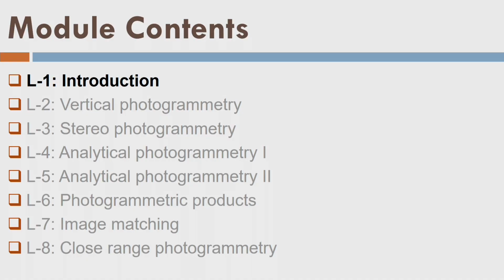But today we are going to start a completely new technology, photogrammetry, and this module has 8 lectures. This is the largest module in this course. First is the introduction, second will be vertical photogrammetry, stereo photogrammetry, then we have analytical photogrammetry 1 and 2. Later we will cover photogrammetric products which are developed as a process of photogrammetry. Then we have 2 lectures on digital photogrammetry,